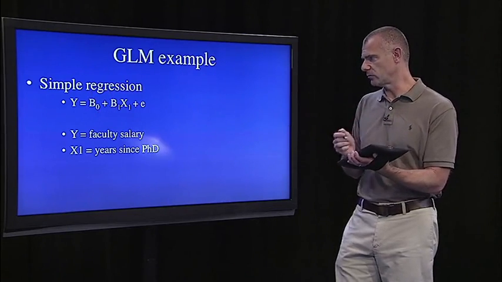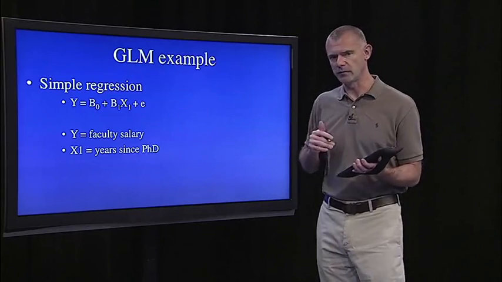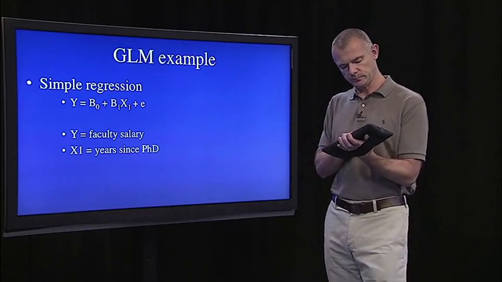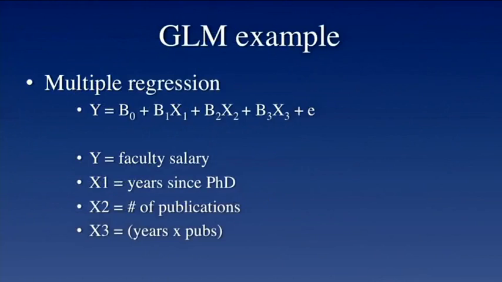So there's the simple regression. Back to one of the old examples in regression, we could predict faculty salary with years since PhD. We could do multiple regression, where we predict faculty salary from years since PhD and number of publications, and then, as I